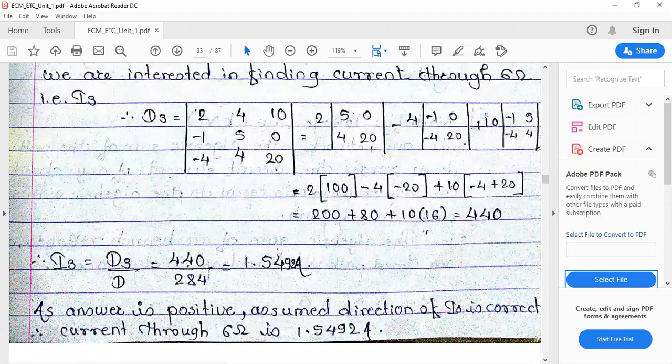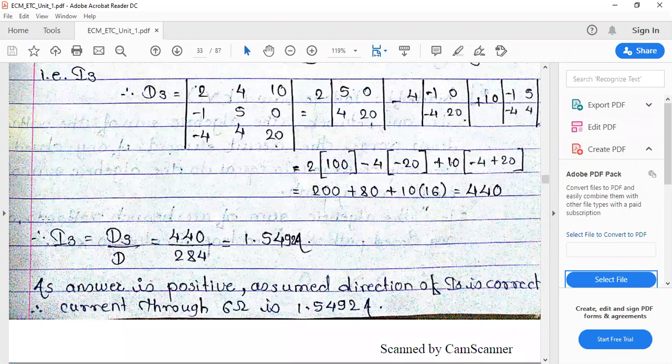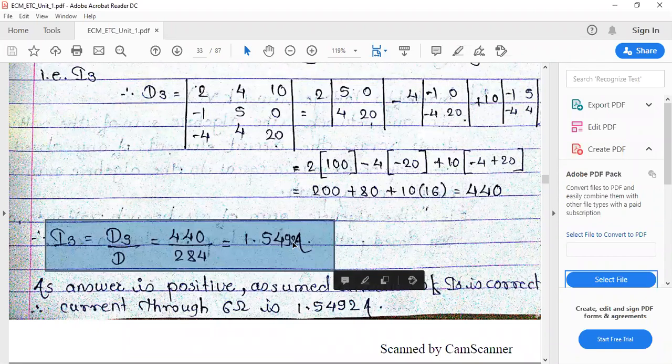It is already solved over here. If you can see, it is 1.5492 ampere. Till the fourth decimal the answer has been written, and in our simulation we identify the current till 3 decimal value, but the value is the same, 1.5492 ampere. Is it clear to you all?